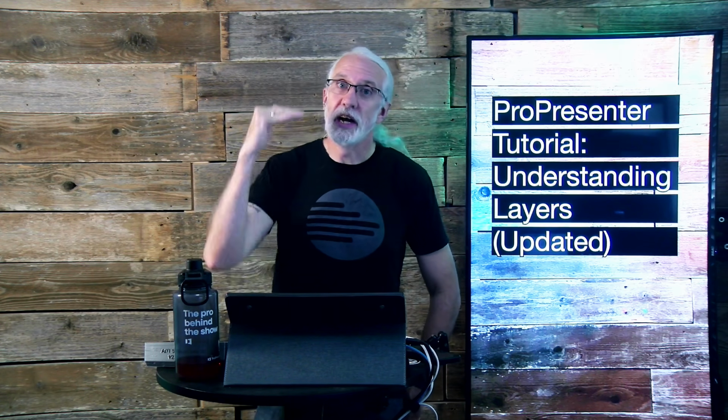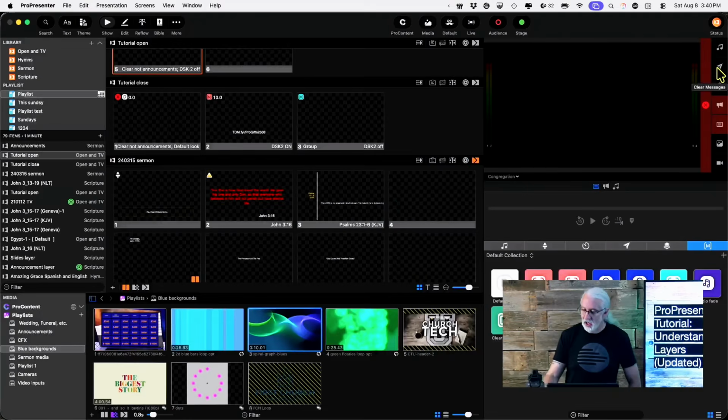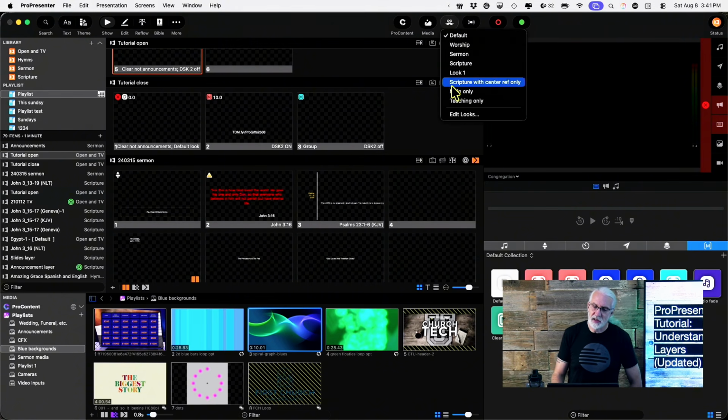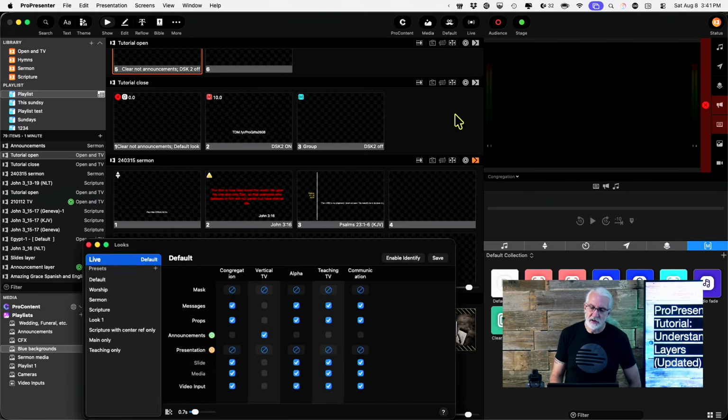that's the messages layer. Now there is one layer above the messages layer. Let me show you where that is. If you go to the little mustache man icon here, that's his official name, thanks Renewed Vision for telling me that, and click on Edit Looks,